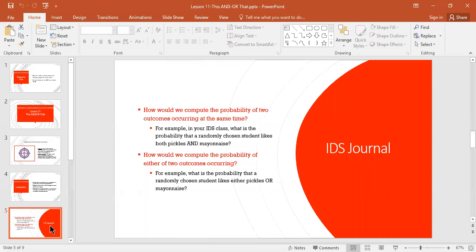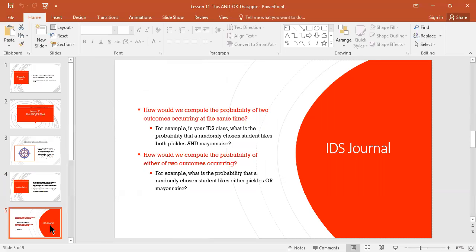So we're going to kick things off with an IDS journal entry. The first two questions in your lesson 11 journal are, how would we compute, aka calculate, the probability of two outcomes occurring at the same time? So this is an and situation. How would you calculate the probability of two things happening at the same time? Rock and rap, or violin and rap. For example, in your IDS class, what is the probability that a randomly chosen student likes both pickles and mayonnaise,